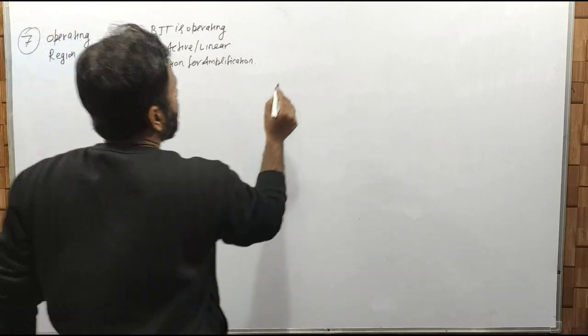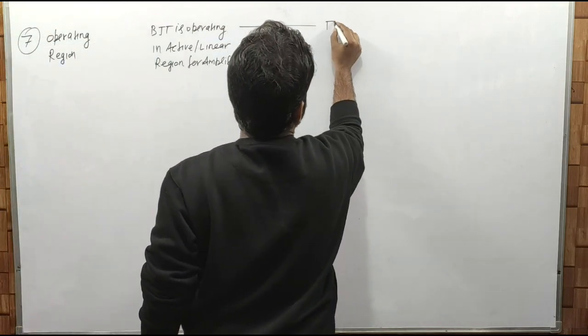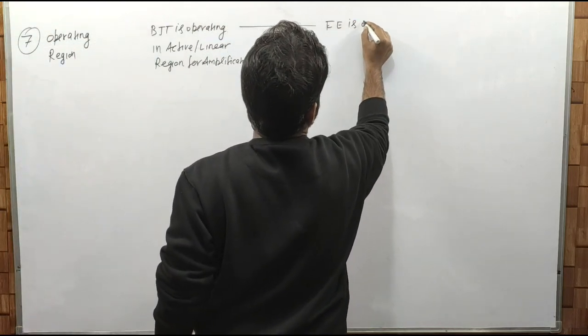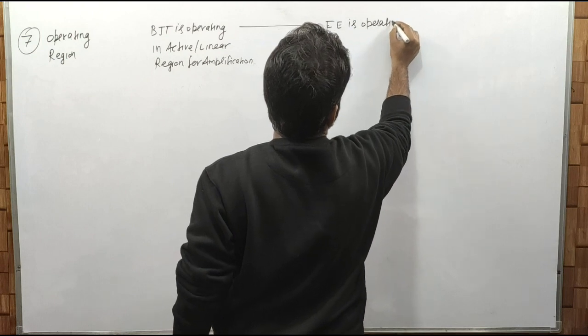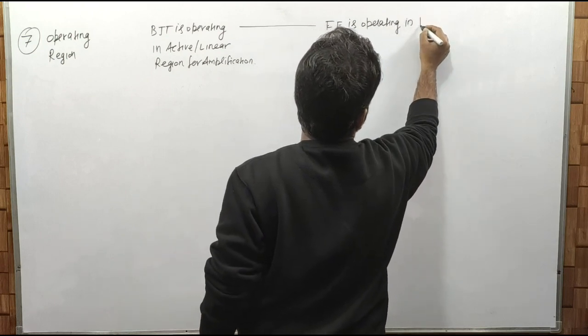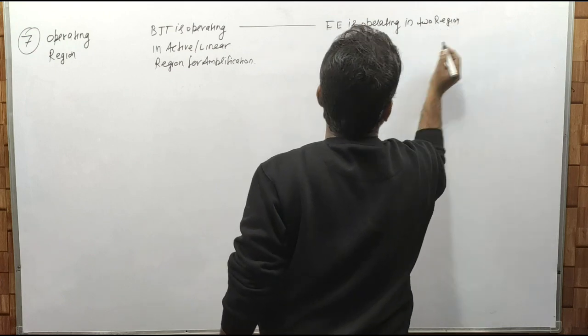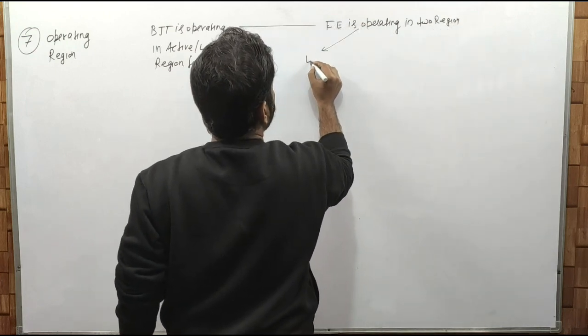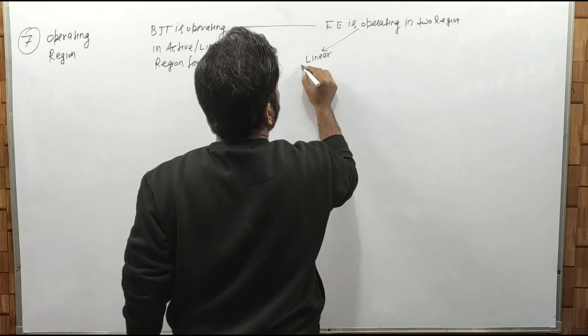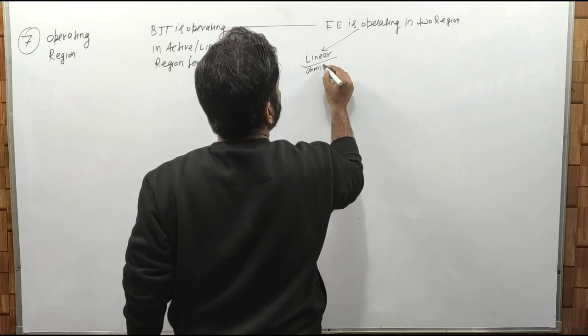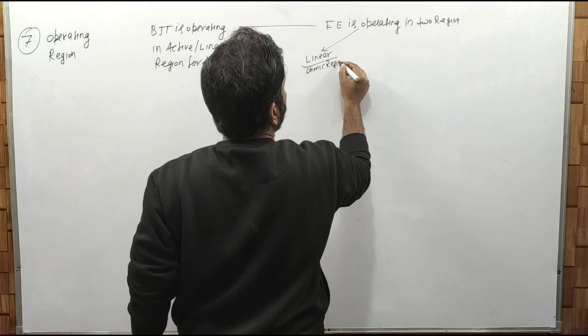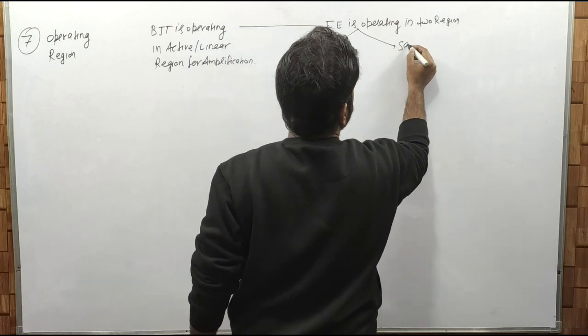But FET is operating in two region. The first is known as the linear or ohmic region, and the second region is called saturation